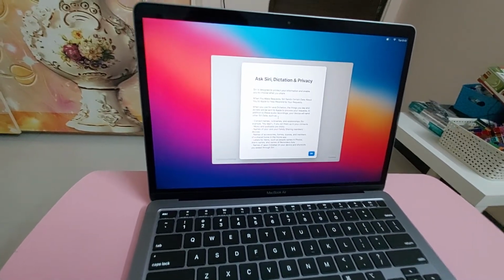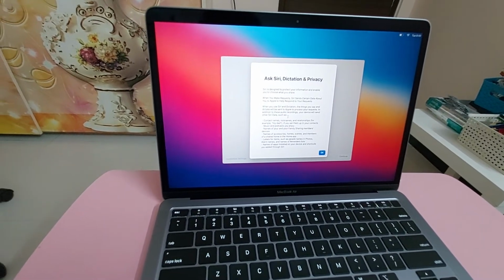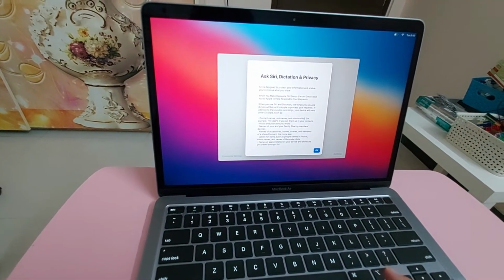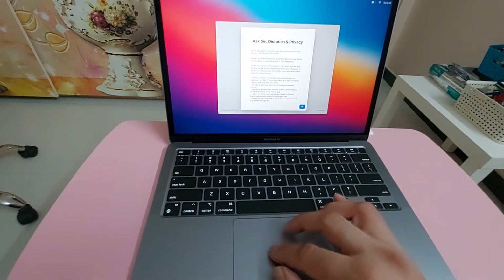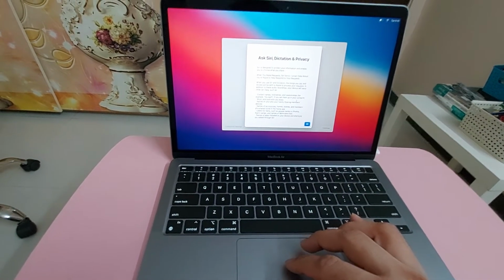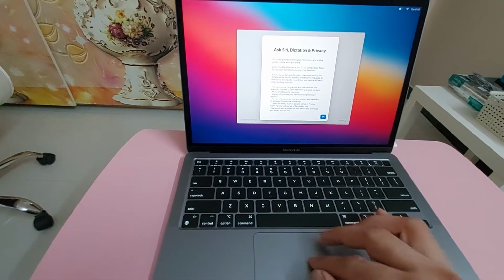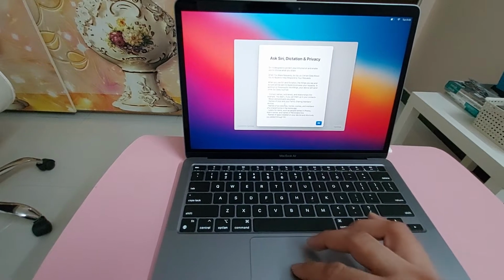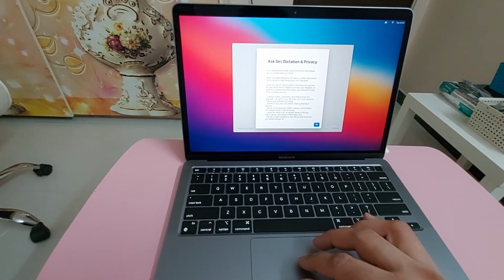So in addition to the audio recordings, your device will also send data such as your contact names, nicknames, relationships, if you set up in your contacts, and music and podcasts you enjoy, names of your family sharing members,